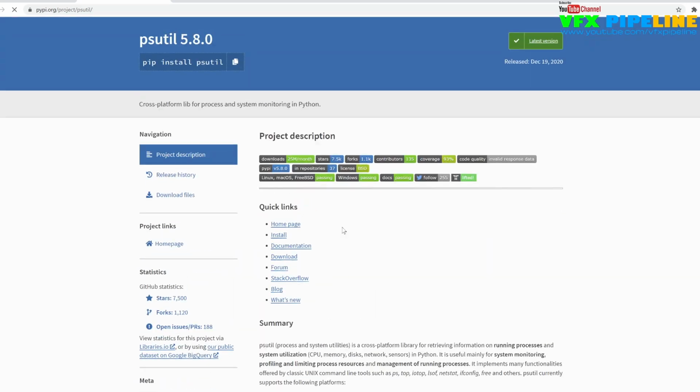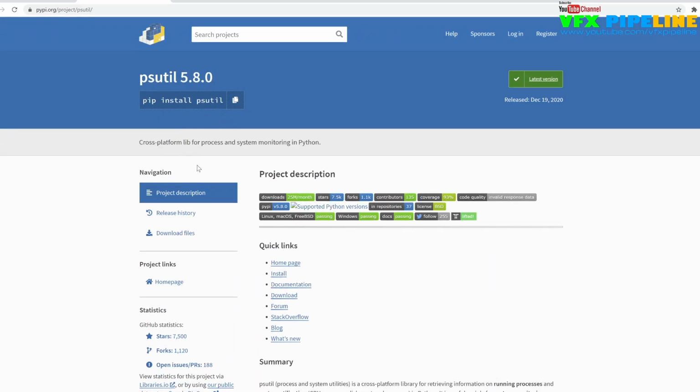Somebody already created this package for you, so you no need to reinvent the wheel, right? What you can do is simply use pip install psutil and that's it. Similar to that, there are many packages already published by other developers.